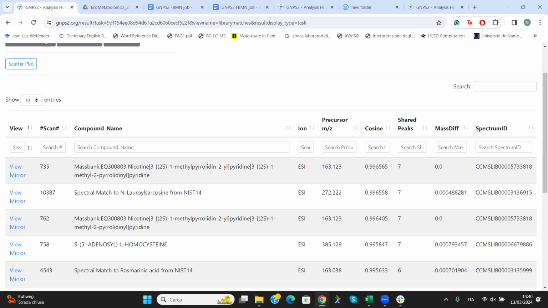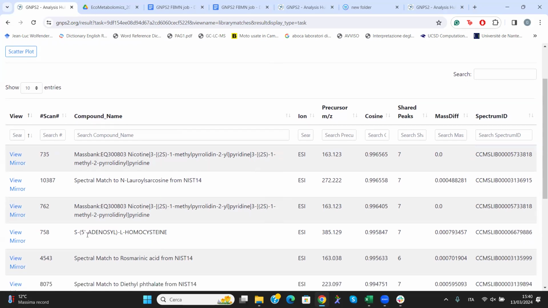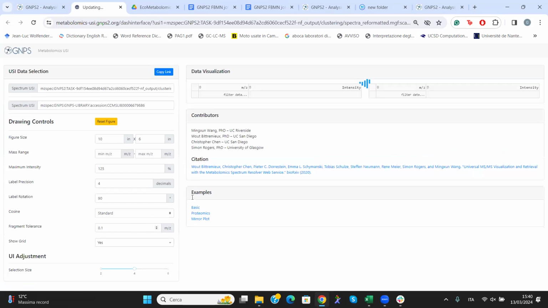We are going to inspect this feature to see if this cosine score means that we have a perfect match. And these are the shared peaks between our metabolites and the library hits. The mass difference, of course, is 0 in this case. And then we have this spectrum ID that you will learn more about from Daniel. But maybe I'm curious about this metabolite, and I want to see the pairing of the peaks between my metabolite and the library. So I can click on view mirror, and what should pop up